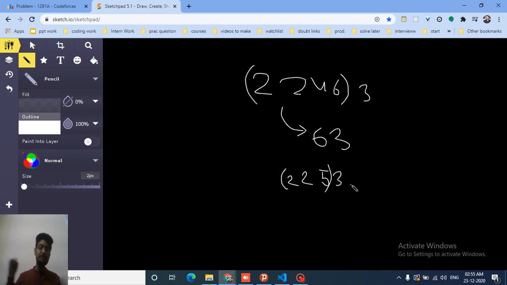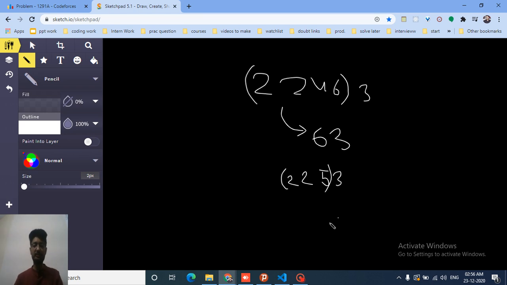The last digit should be an odd number, and the next digit should be an odd number also. So I want at least two odd numbers, and the rest I don't want, because my whole condition will be satisfied by just printing two odd numbers. So this problem just boiled down to this condition: I want at least two odd numbers in the whole sequence. If I have two odd numbers, then I just print those two odd numbers and my conditions are fulfilled. I hope you get the intuition and the logic for this problem.